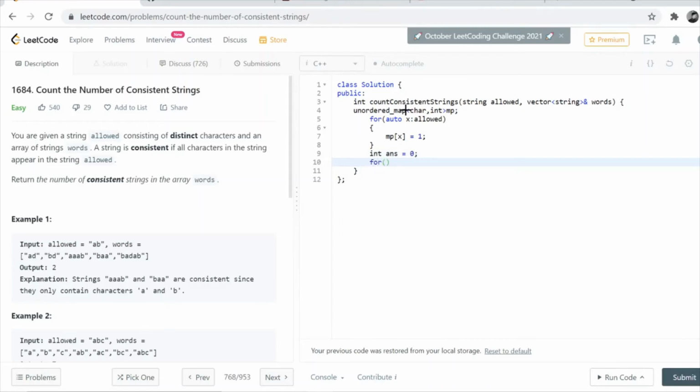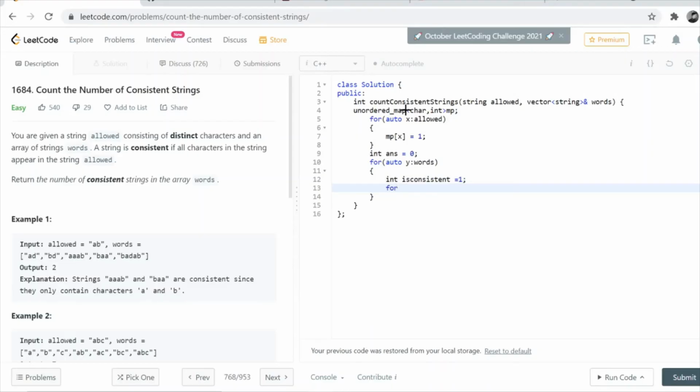And now we will run a loop on auto y in the words array, and again in that on each string we have to run a loop, but before that let's create a variable isConsistent, and its value should be 1 initially.